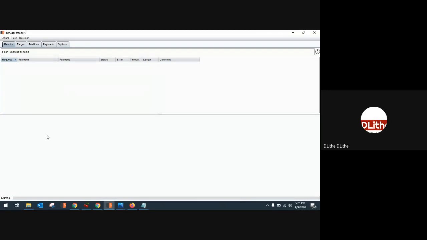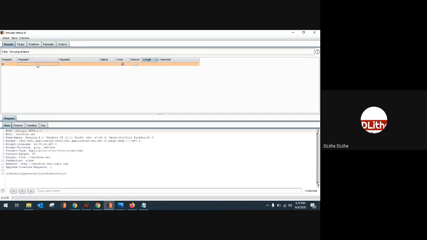Okay, so this will take some time, or at least another 25 seconds to crack the passwords. But the attack scenario will be the same thing. Whichever request has a different length, that would be the right password. There will be cases where your password is not present in the word list, and then obviously it will not be cracked.